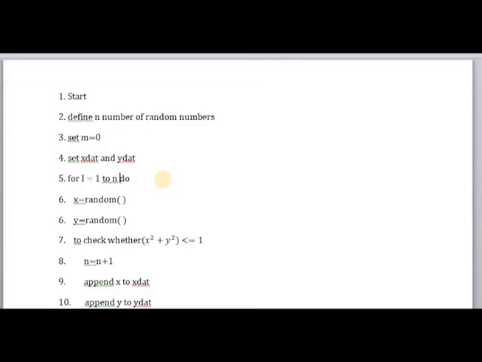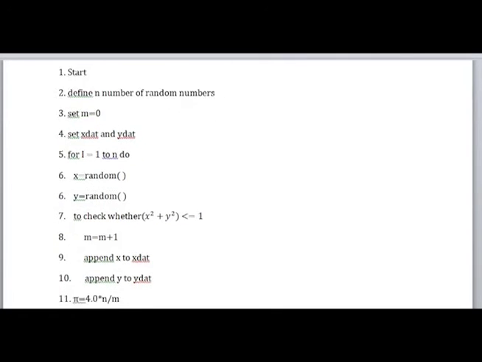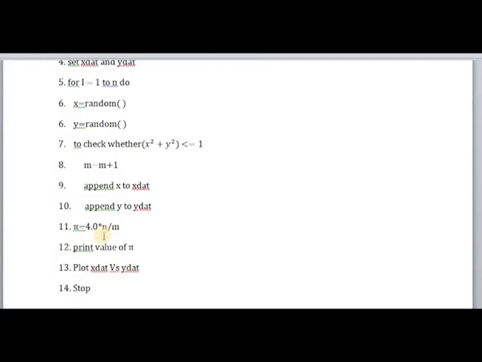For i is equal to 1 to n, do: the loop repeats, iterates n times. n is the total number of throws, that means the total number of random numbers to be generated. So when i is equal to 1, a random number is assigned for x, another random number is assigned for y, and you check whether x square plus y square is less than or equal to 1. If it is true, the value of m changes to m is equal to m plus 1, and you will append x to x dat and y to y dat,